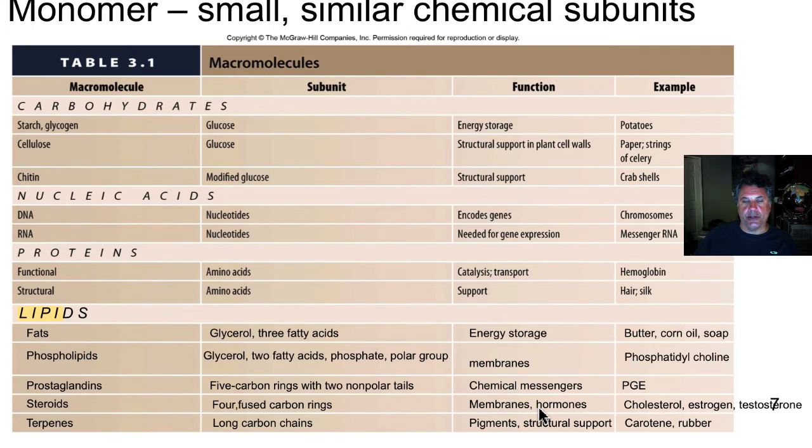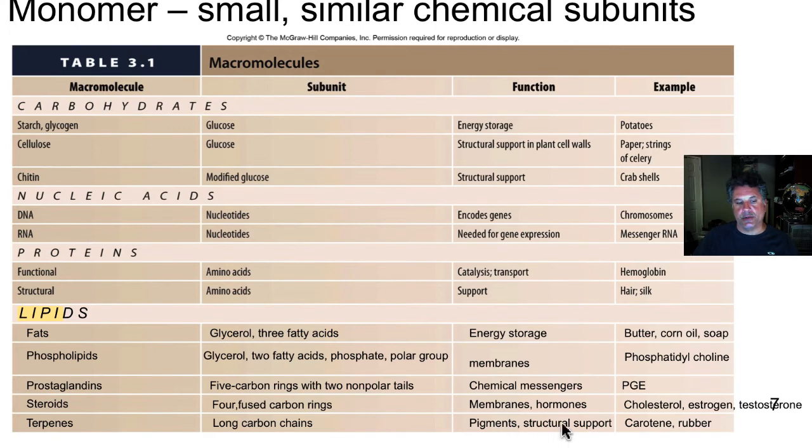Steroids also are used as signaling molecules. They are hormones like estrogen and testosterone, the primary sex hormones. But steroids can also be components of membranes. They can fit into the phospholipid bilayers that constitute membranes, as we will see. And steroids have 4 fused carbon rings joined together. Those identify the steroids.